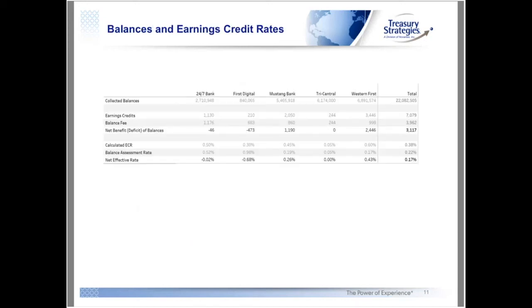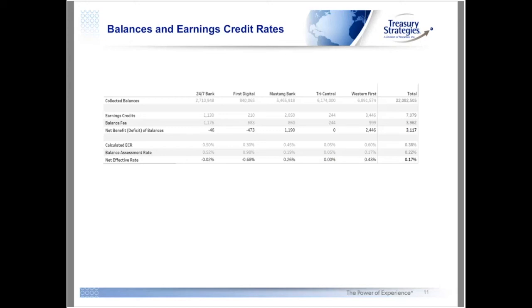Getting back to a numbers chart, I love this balanced earnings credit rate report. This is the money chart. This shows you net what you're getting on the deposits that you keep at your bank. You're all familiar with earnings credit rates. We find that our clients are less familiar with the balance assessment fee, which is a charge for holding ledger balances. This table breaks it out and puts all of your banks on an apples-to-apples basis, so we can look